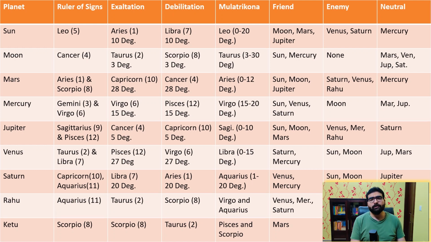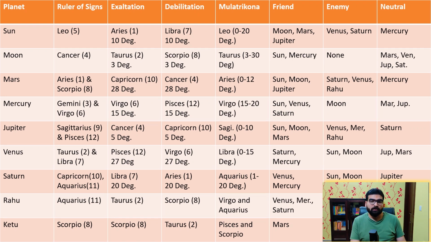Now we will talk about the Mulatrikona zodiac signs. Sun's Mulatrikona zodiac sign is Leo. I explained in the first video, because the fifth house is the place where Sun is creating the universe. So it feels in its own zone in Leo. Then Moon is in Taurus. Same reason. The reason which I explained for the exaltation of Moon is the same reason for why Moon is